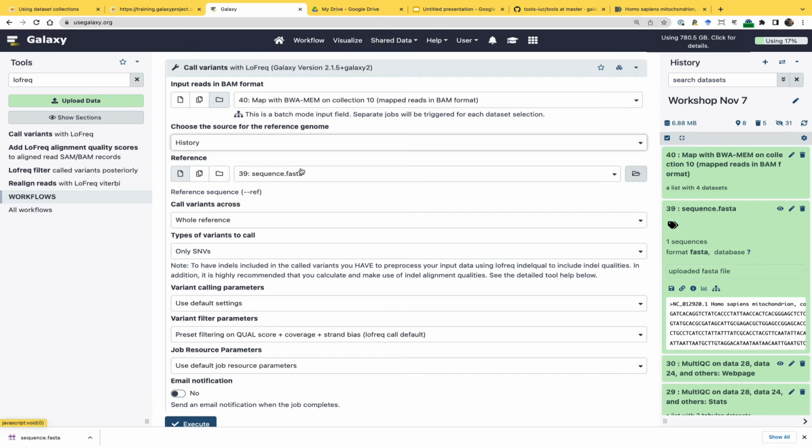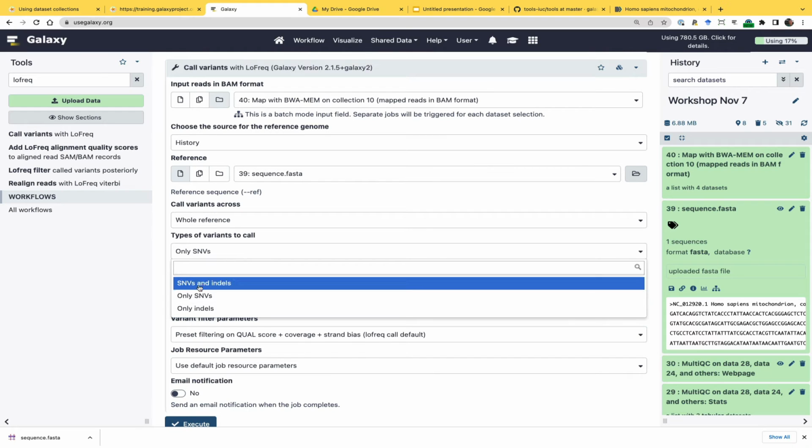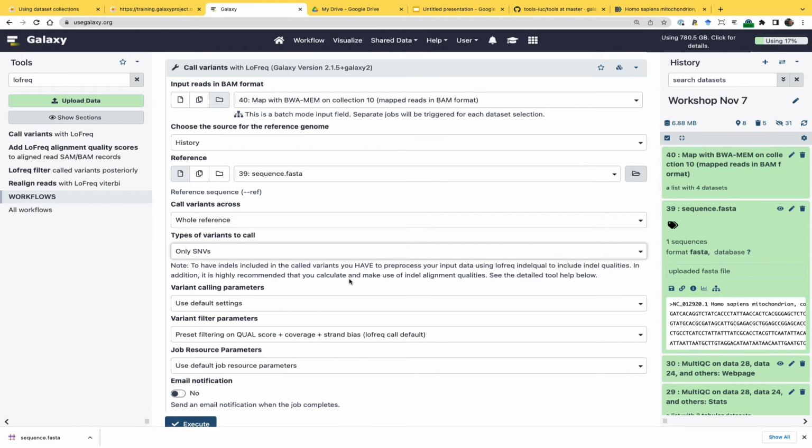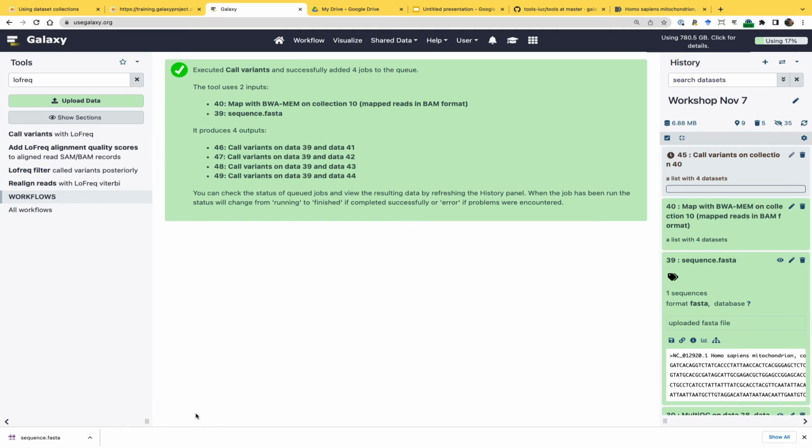And let's call variants. There are several modes. You can call only SNPs, or you can call SNPs and indels. Let's just call only SNPs in this case. And I'm not going to modify any defaults. Let's just run this. But the variant calling is surprisingly